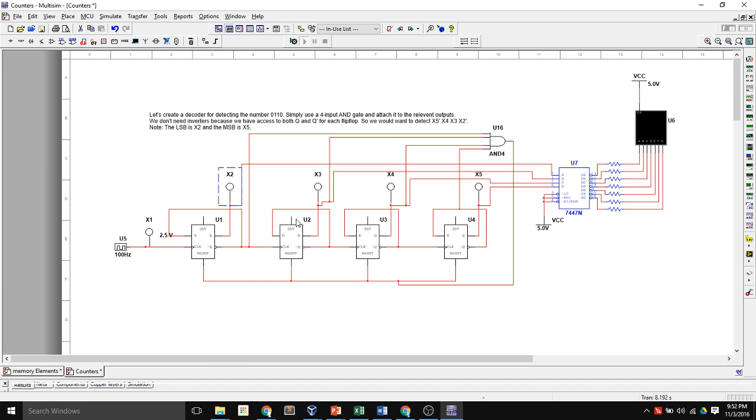So let's see. I clicked the simulate button, but my Multisim is seeming to go rogue on me. We'll see if it'll actually simulate or if it will crash. It looks like it's crashing. Oh, there we go. So there's a 0, a 1,